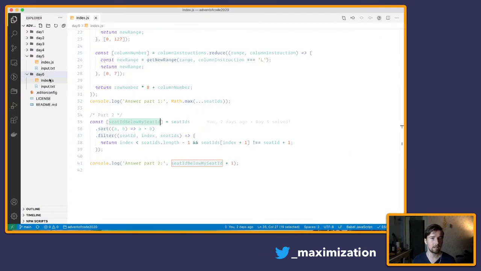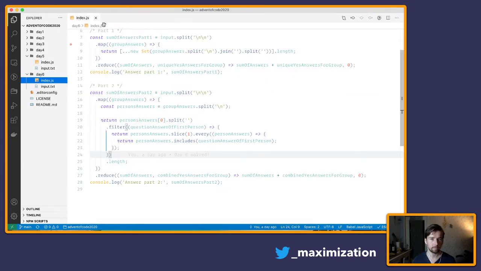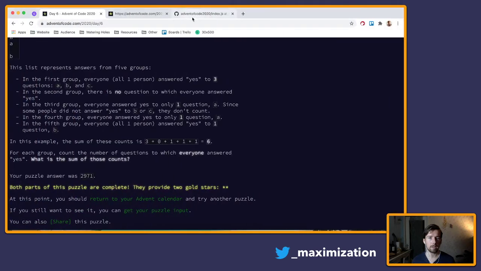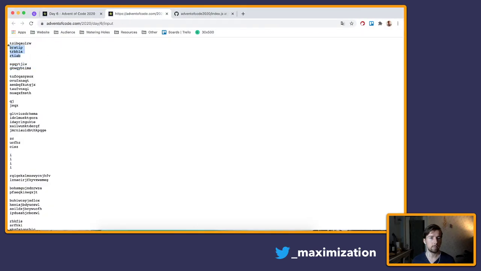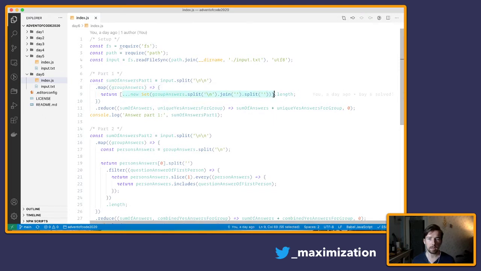How I solved that was, let me pull up day 6. First I split the input on blank lines, so then I got an array of group answers. So this would be an array element, and this would be another element. And then I used map to map over that array, each group answer. And then I'm doing something tricky in here. It's not the most readable code, but what this does is,